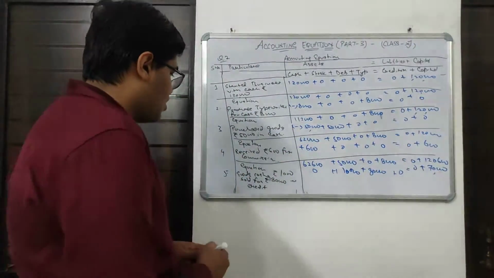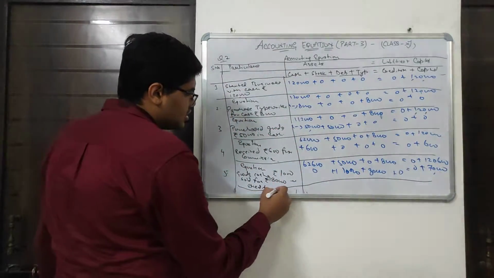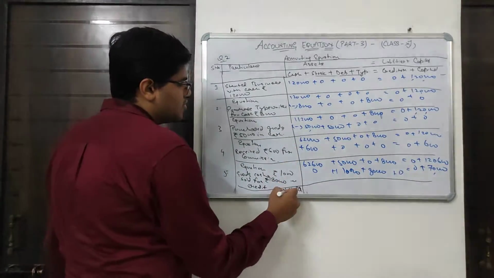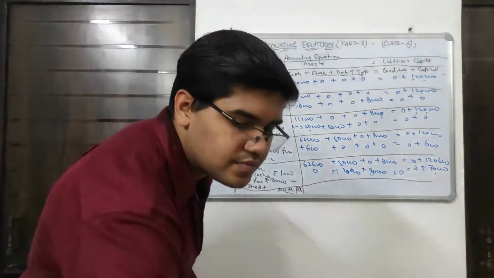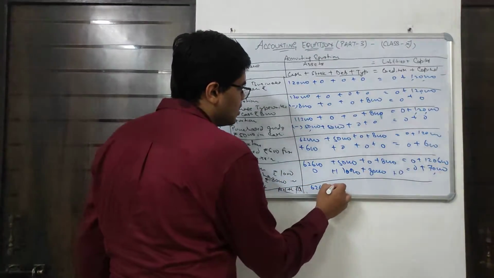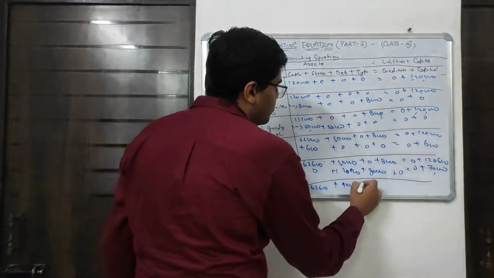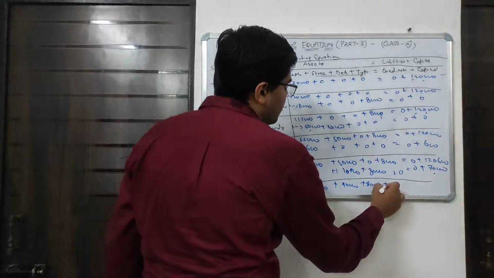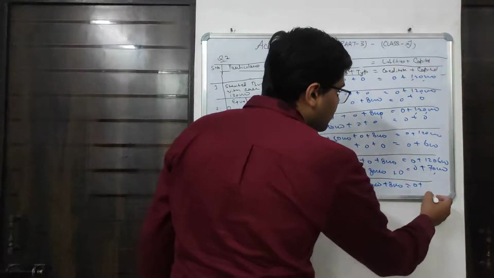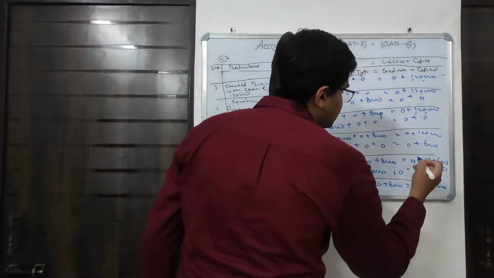So now our transactions are finished. Since the space is short, I am writing the final equation in short form, and now let us total it. Here cash 62,600, plus stock 40,000 (50 minus 10, 40), plus debtor 80,000, plus typewriter 8,000, and the total is 1,90,600.